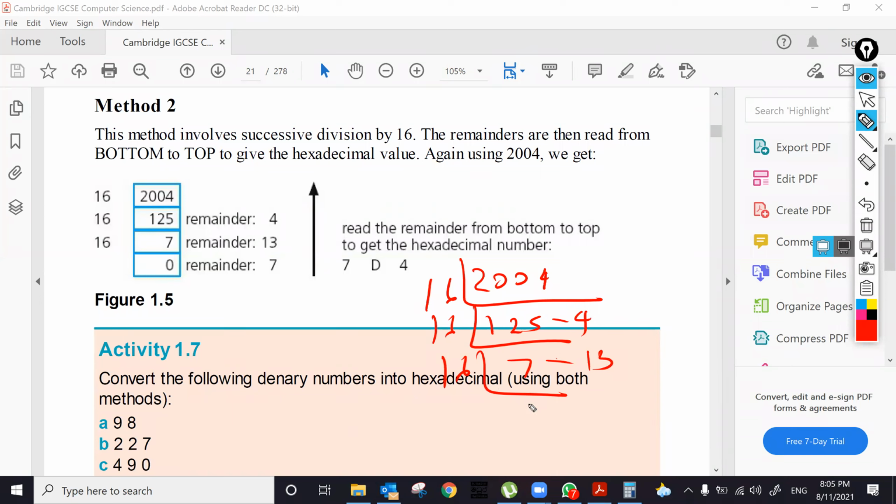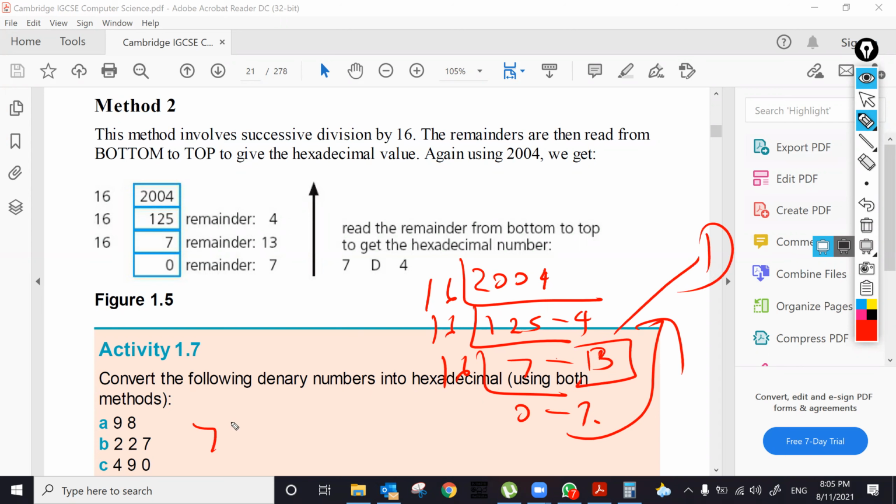7 is the remainder. Then you have to start from this to this, right? From top to bottom to top. You have to write 7. Here 13 means hexadecimal, normal denary D, and 4, right? So this is how the conversion happened from the denary to hexadecimal,